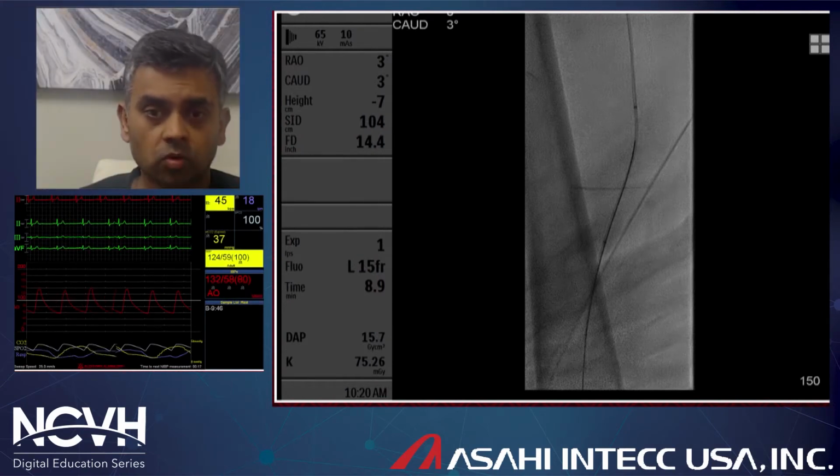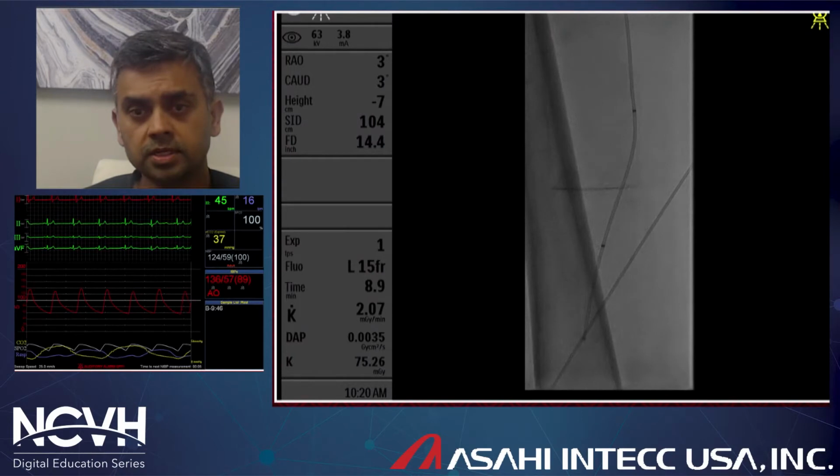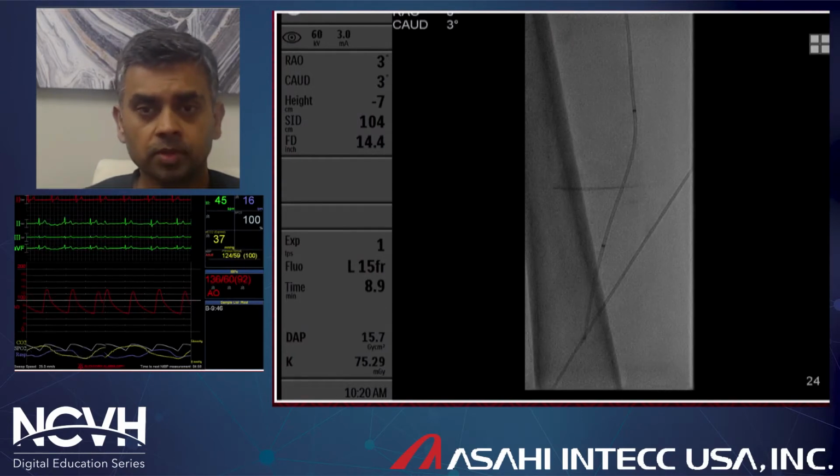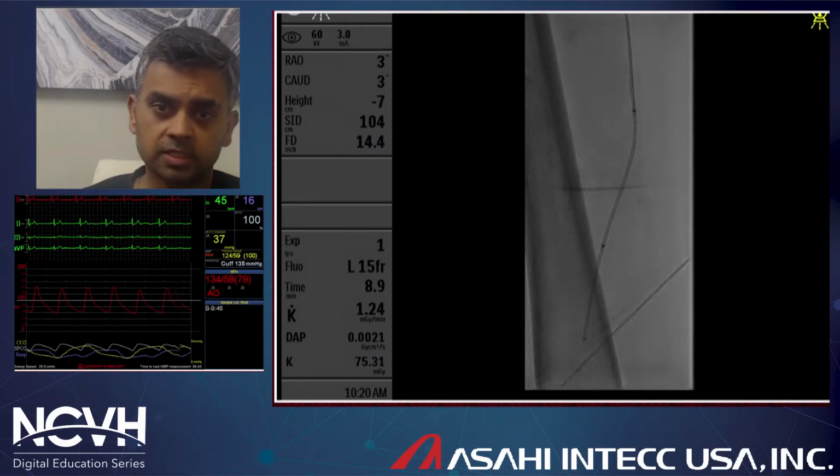Now, once we have crossed these lesions, we will take a crossing catheter down, confirm by angiography that we are in the true lumen, and thereafter we will perform atherectomy. With the Gaia PV018, crossing intraluminally is so important because once we have an intraluminal crossing, the choice of atherectomy devices becomes really easy for us. If, by any chance, we are not able to cross intraluminally, it becomes difficult to perform debulking with any atherectomy device because of the dissection flaps.